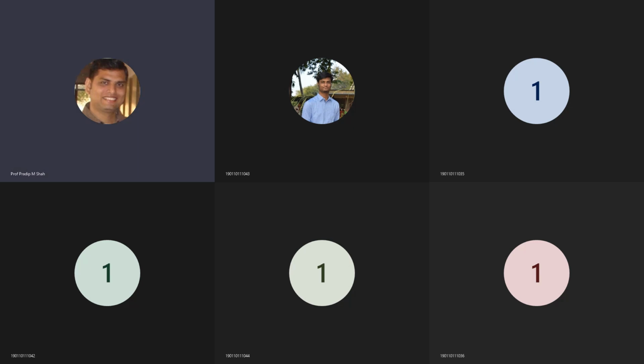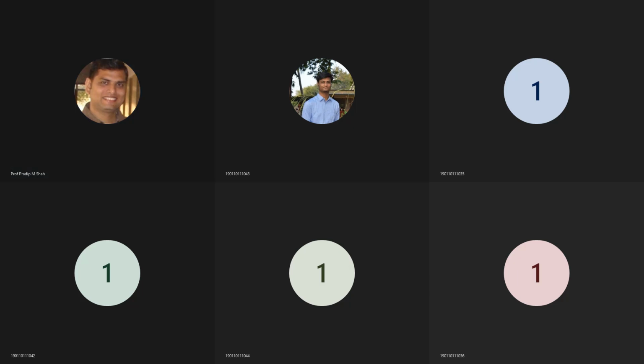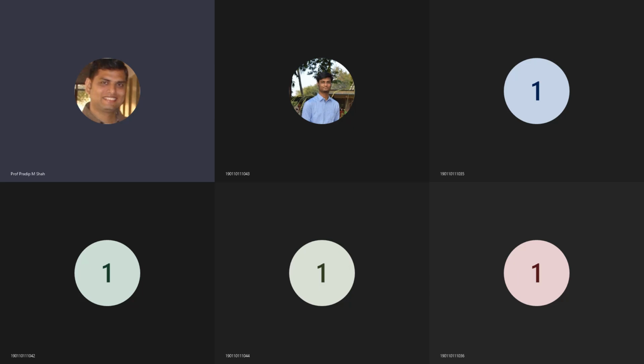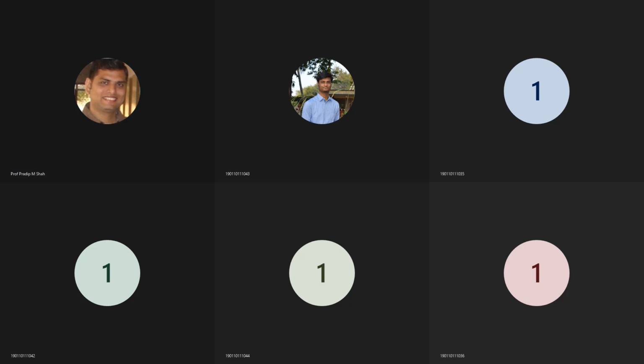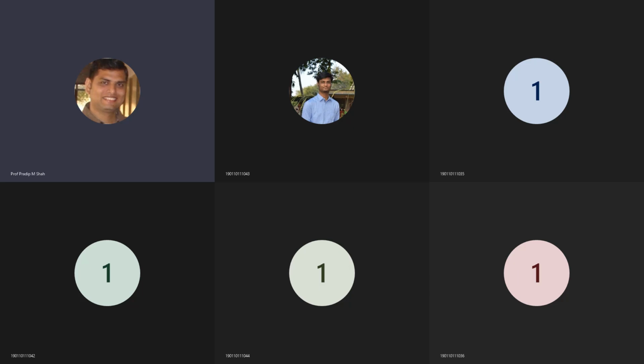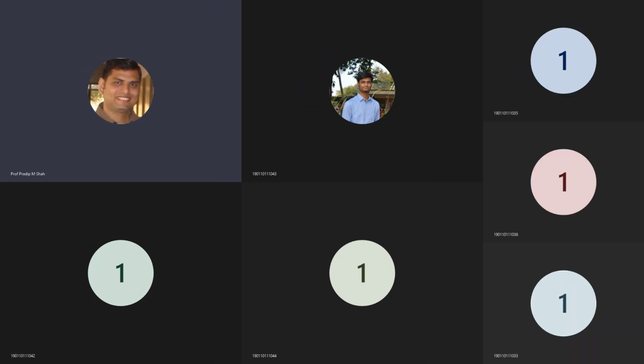Here you can see a linear convolution of two signals. But before that, I would like to show some theory part, so it will be clear to you. Then we proceed on the simulation part. Just a minute, it takes time to load.